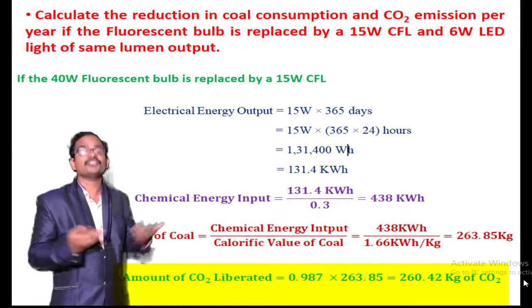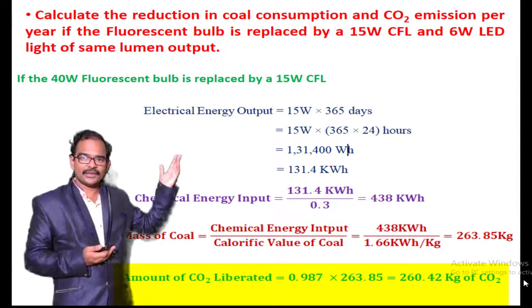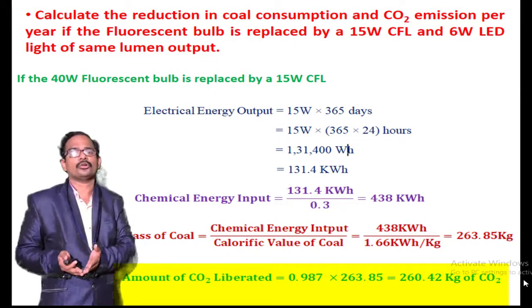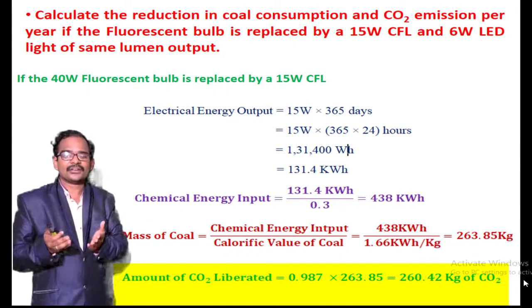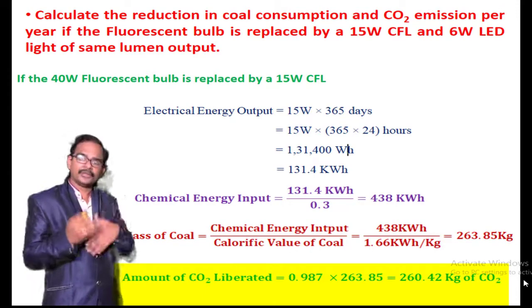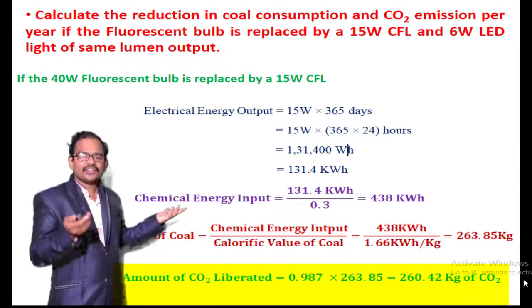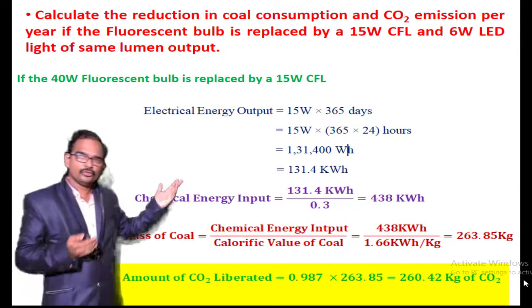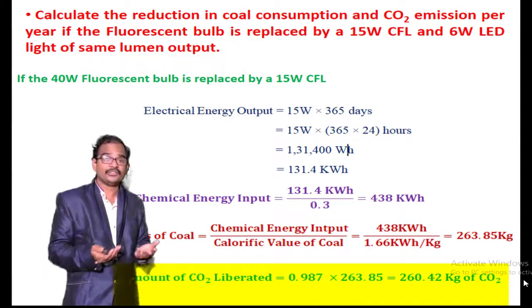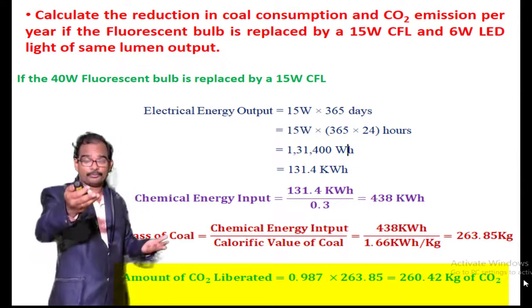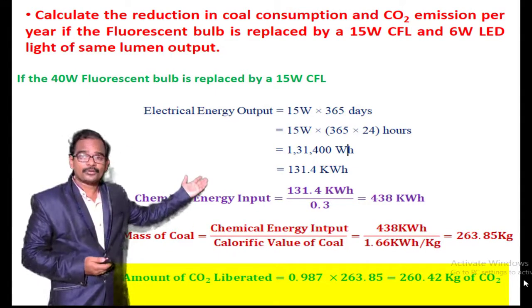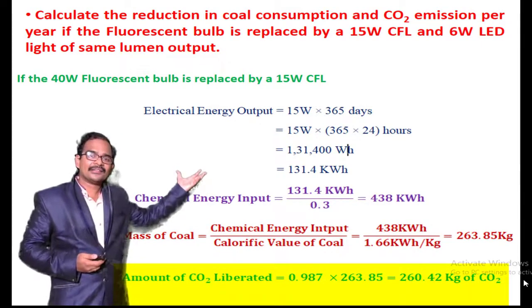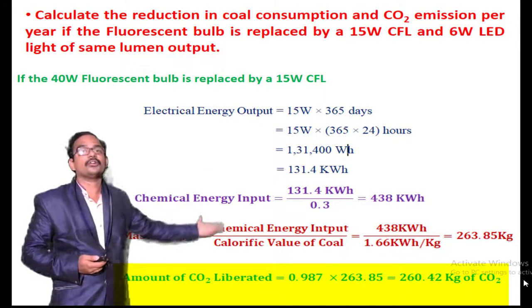I am reducing the utilization of the coal by 65%. Previously it was 1165 kgs, now it is 63 kgs, which is a 65% reduction in the mass of the coal utilized, as well as a 65% reduction in the amount of CO2 liberated into the atmosphere, which is a very good energy conservation effort. Now you can understand the use of a CFL. People will tell you to use the CFL, and the energy will be conserved. But how is it conserved? By using this problem, you can understand the amount of energy conservation we are getting, and the amount of CO2 that is unnecessarily liberated into the atmosphere that we are cutting down.